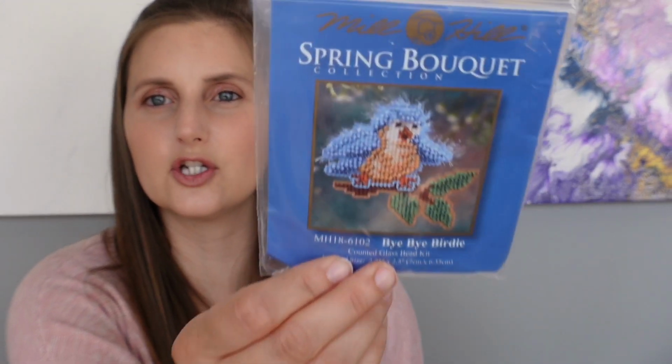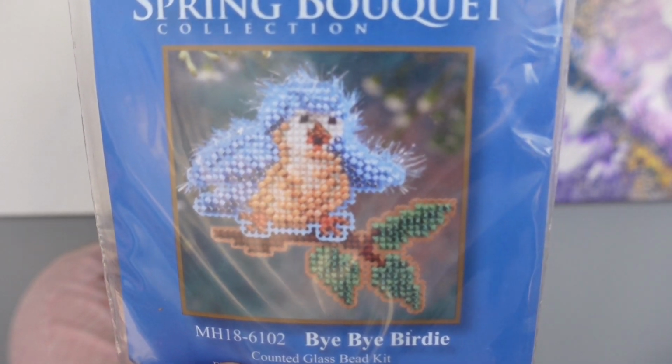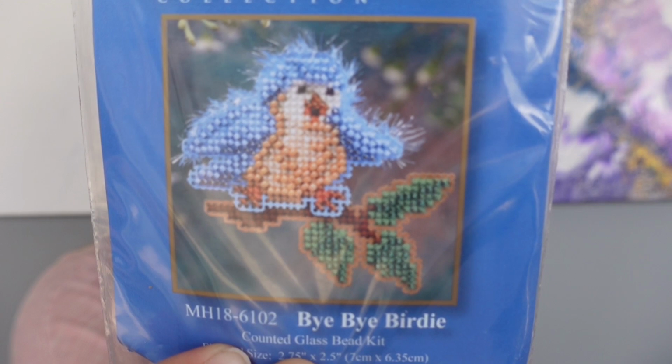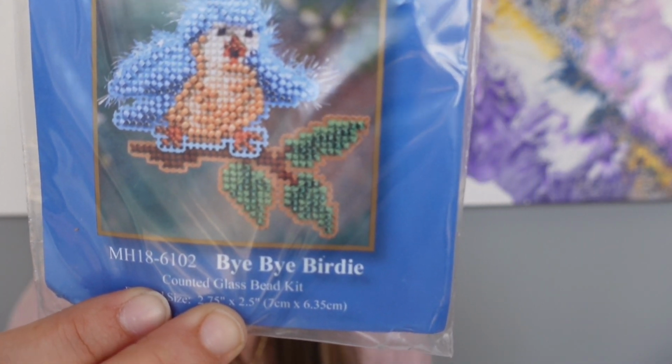This one looks like it also might be a little more complex to do because it's on the perforated paper, but it's on two different sheets of the perforated paper. So you've got the blue perforated paper to do the bird on, and then it looks like there will be separate brown paper in there for the branch, and then I'll have to put them both together. So yes, lots of nice new ornaments from Hawkins Hobbies, and I'm hoping that I'm going to get better with